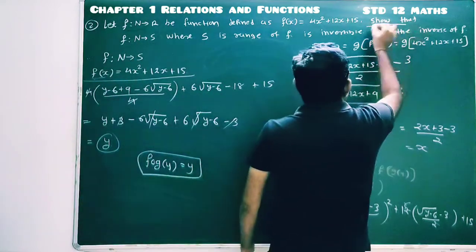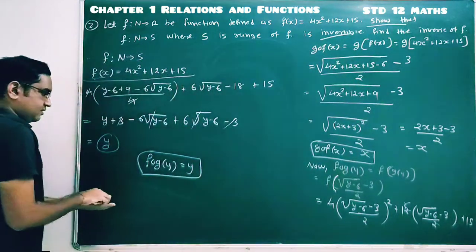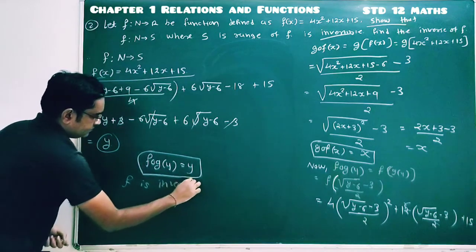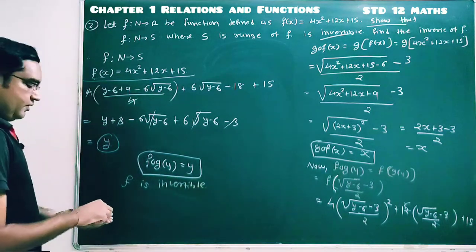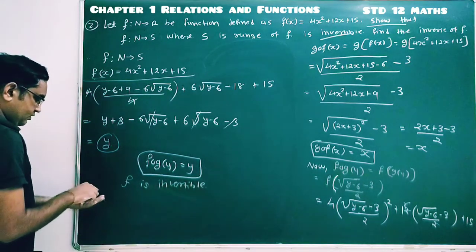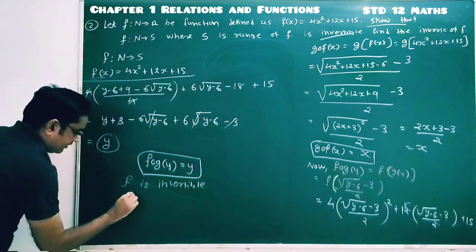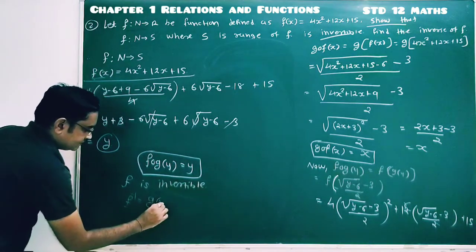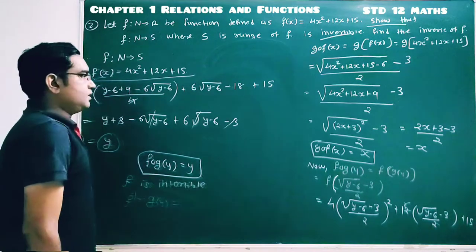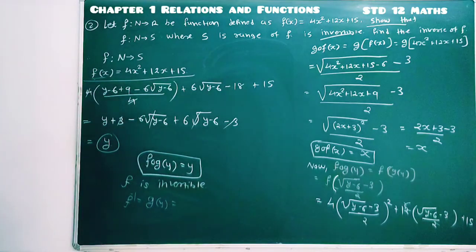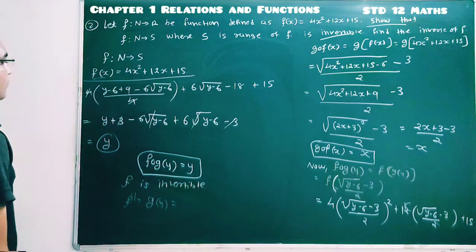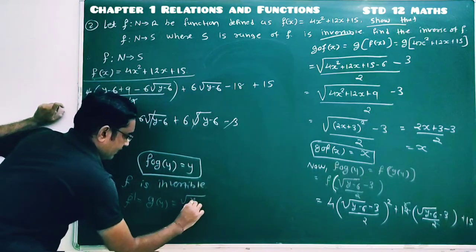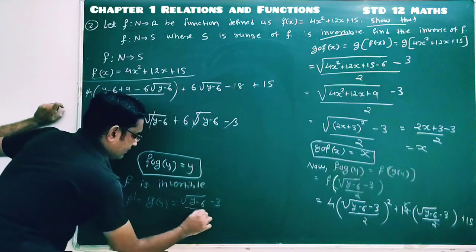We had to prove that the given function f is an invertible function, and hence we can say f is invertible. Done. And find its inverse function. So what is the inverse of the function? The inverse of the function, that is f inverse, is nothing but the g function, or g of y. And g of y is nothing but, where did we write it, I removed it, g of y. So g of y was the square root of y minus 6, minus 3 by 2.